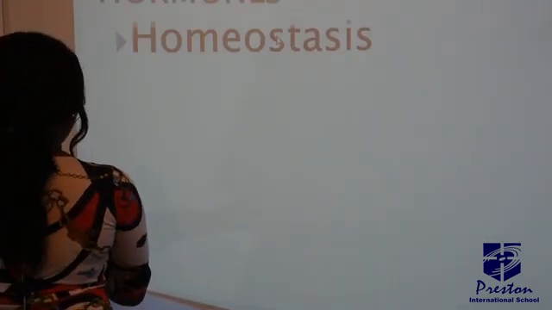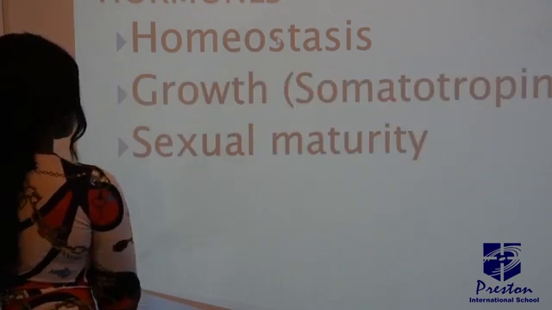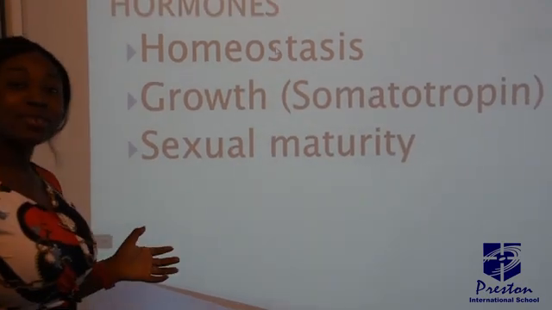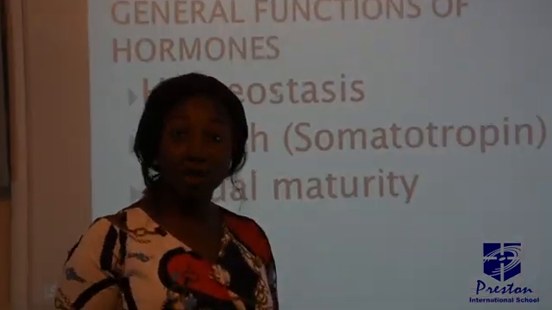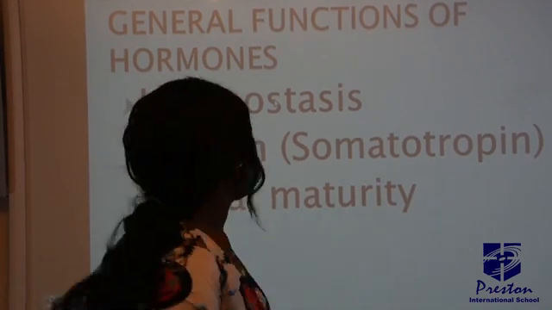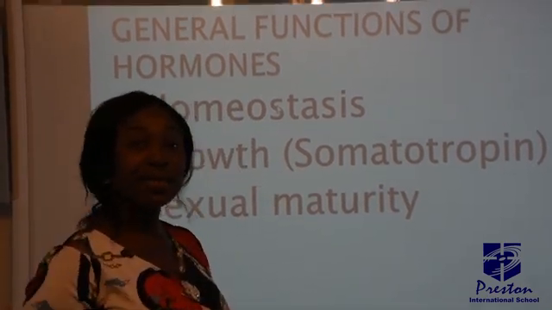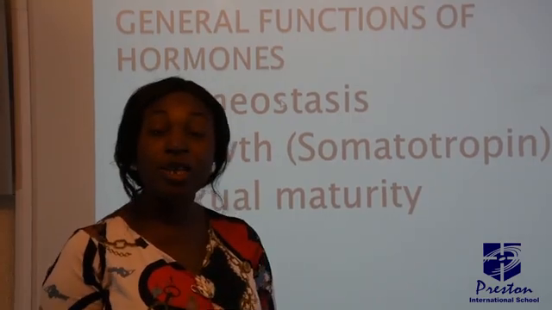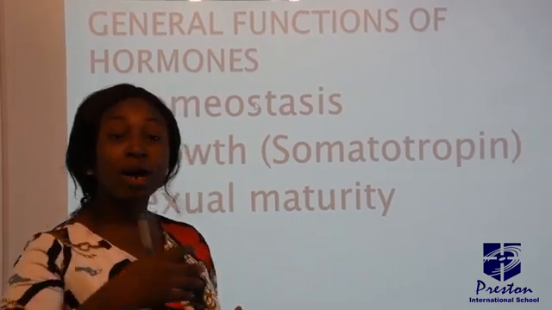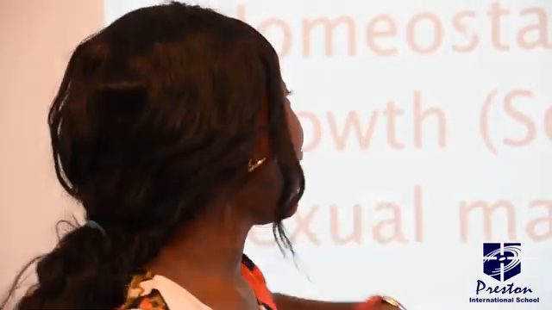Now, let's look at the general functions of hormones. 1, homeostasis. Homeostasis has to do with maintenance of the internal organs or systems of humans or even animals, okay? So hormones help to maintain different substances in our body. Take, for instance, the blood sugar. Insulin will help to lower our high blood sugar. In case you have lots of sugar in your blood, insulin will help to lower it, hence helping the internal part of your body to maintain a fairly stable